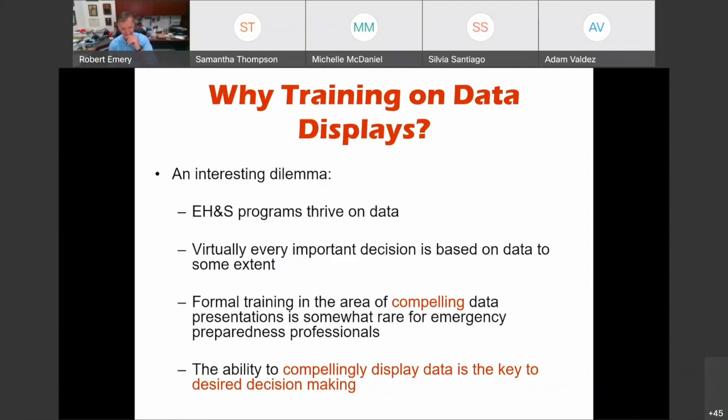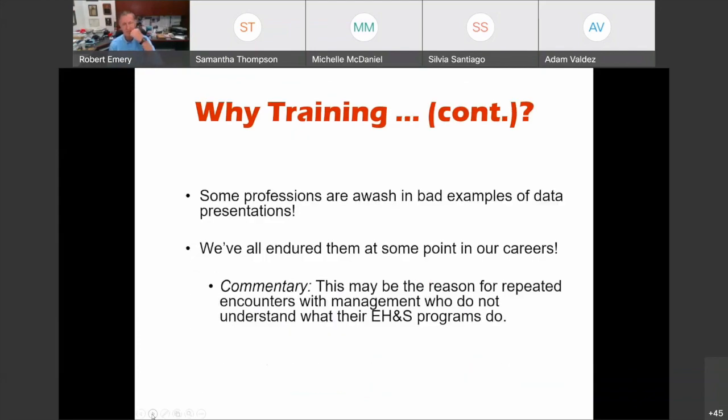And what I've learned is that the ability to compellingly display data is the key to desired decision making. And so I think all of us in the safety professions have experienced bad examples of data display throughout our careers. I started out as a health physicist, and I can remember so vividly back when they had photographic slides and you'd be sitting in the room and they'd dim the lights